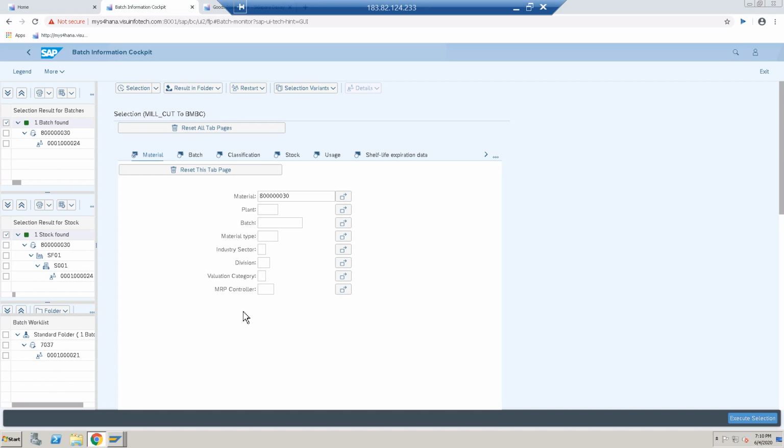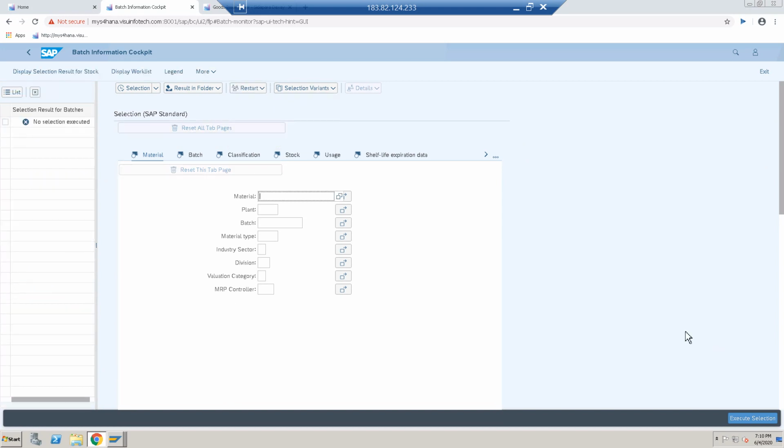It is another. Now if you want to reset, you can reset it as per standard. If you want to see top to bottom, go to execute selections, just click on expand.